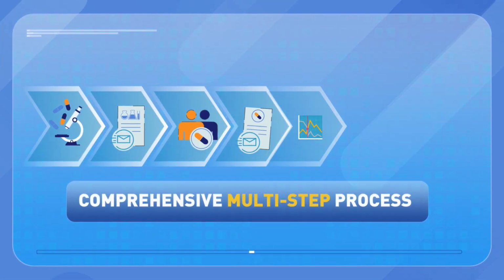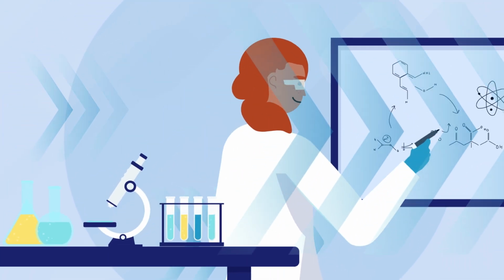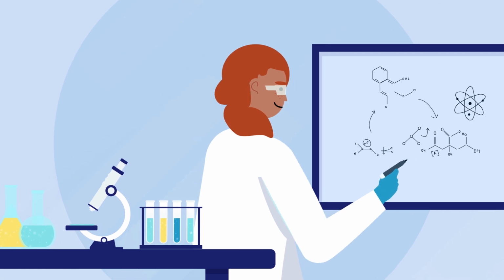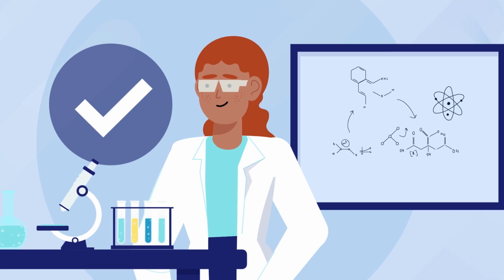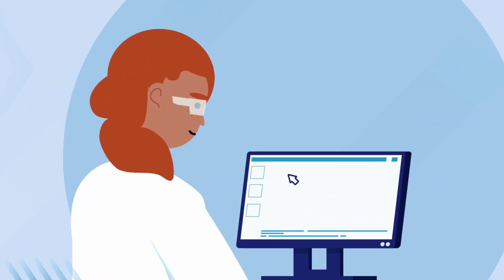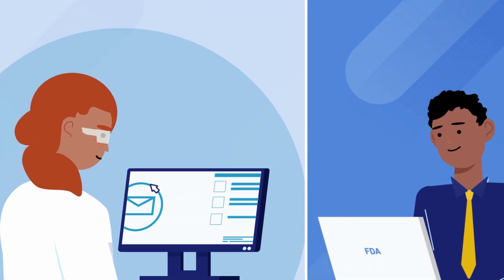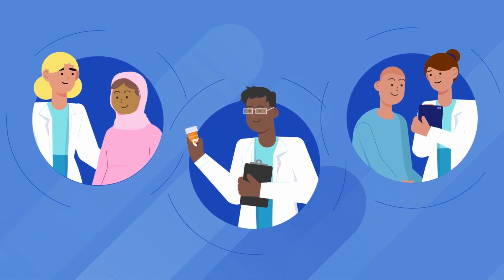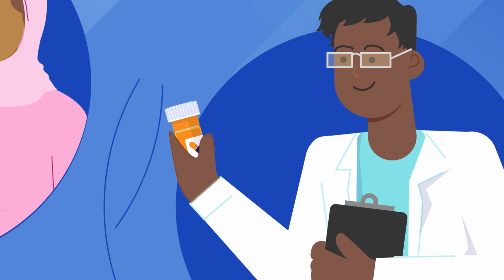It follows a comprehensive, multi-step process that includes many steps and checkpoints. First, a drug maker develops a drug to help treat a disease or medical problem. Then they test it in a lab. If these preliminary tests go well, the drug maker fills out an investigational new drug application and submits it to the FDA. This application explains how the drug maker plans to investigate and test the drug in clinical trials on